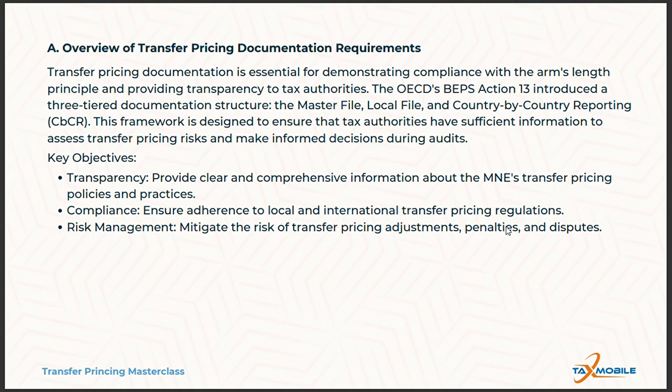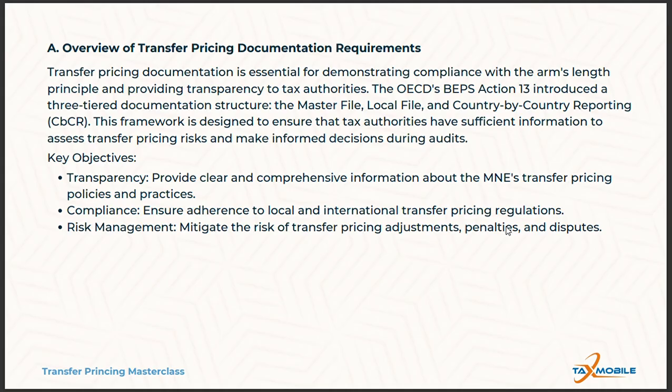So transfer pricing documentation requirement, we'll be looking at the overview of the contemporaneous documentation under the 2018 transfer pricing regulations. So connected persons, that is companies or entities involved in controlled transactions, that is transactions between related entities, are required to maintain contemporaneous documentation. This means that before the due date for filing income tax returns for the year in which the controlled transaction occurred, documentation must be prepared and maintained to demonstrate that the pricing of the transactions adheres to the arm's length